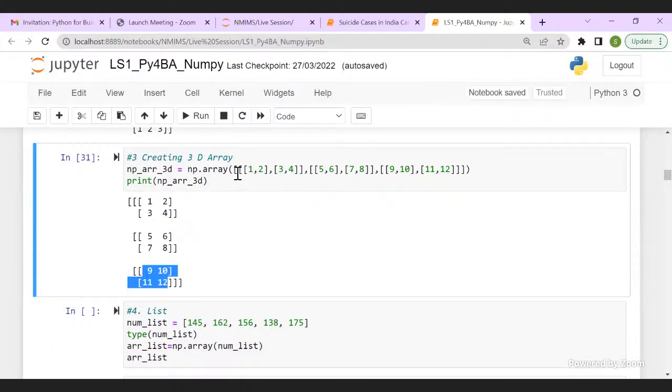Be careful with your square brackets. And let me know when you are done so we can proceed ahead.